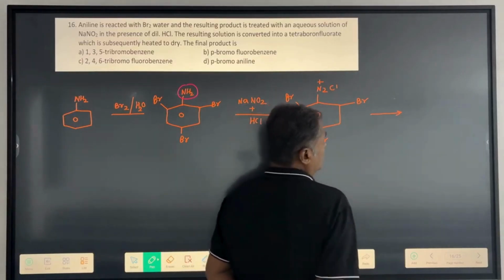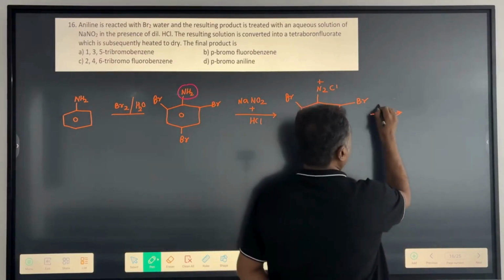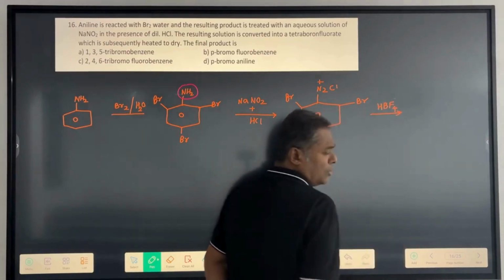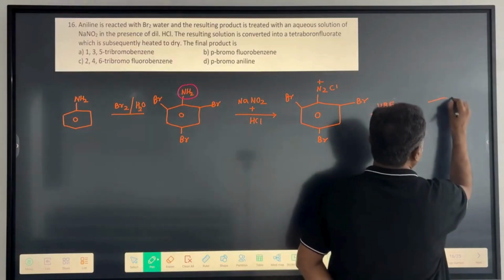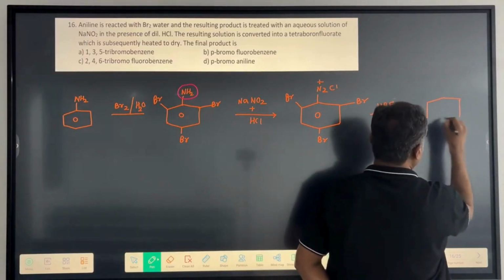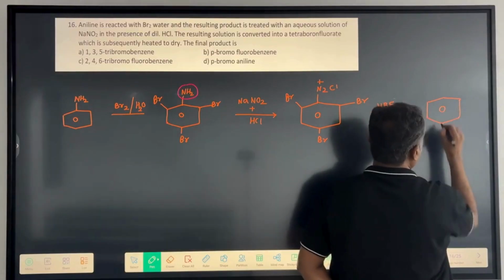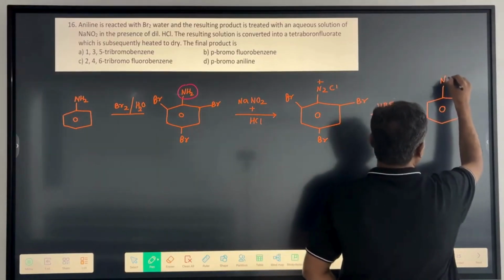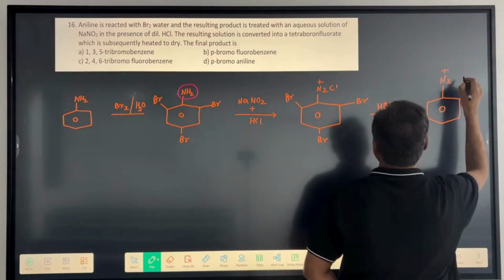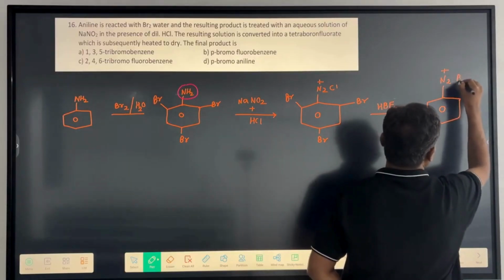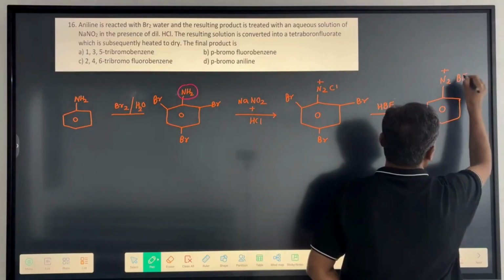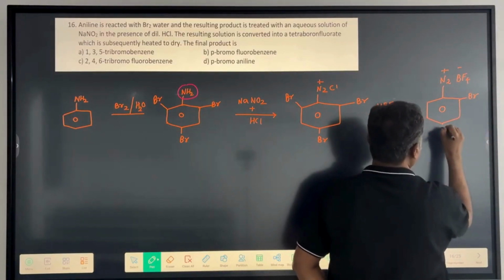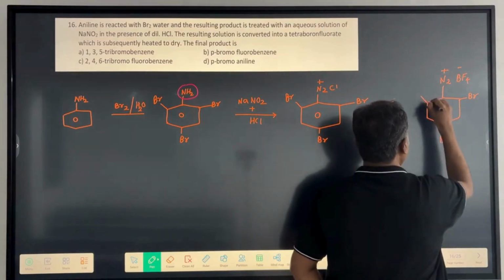Tetrafluoroborate. Now what is this concept? If you remember, there is one answer where you treat this compound with fluoroboric acid. What happens? The product you get is this group, N2 plus. Now here your counter ion will get changed to BF4 minus, and here you will have bromo, here you will have bromo, and here you will have